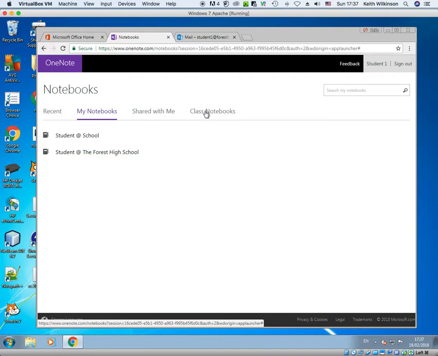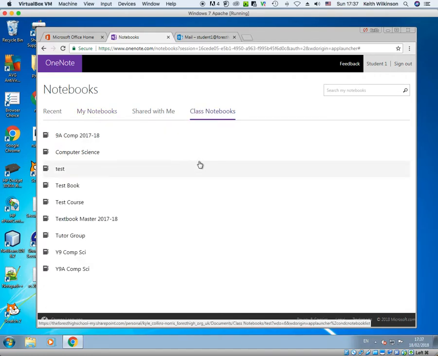What we really need to do is look for the class notebooks title and click on that, and these are all of the class notebooks for students. Now some of these are live, which we can hop over to and have a look in a minute, but this is the Y9A comp sci that I just set up from the template. So if I open that notebook,